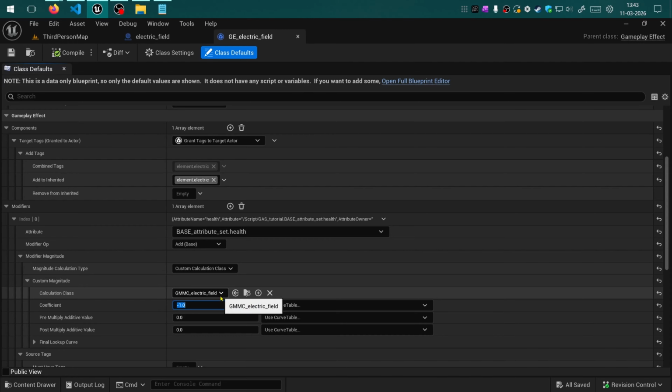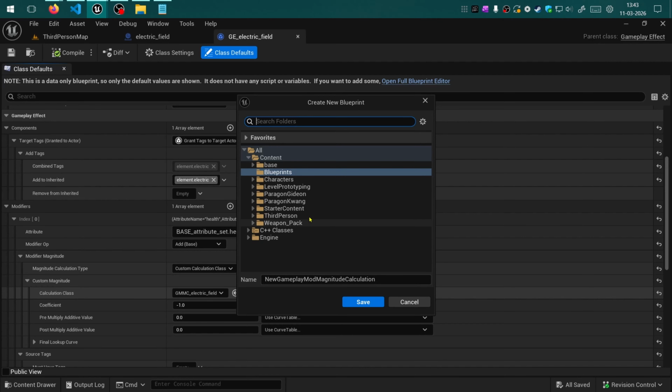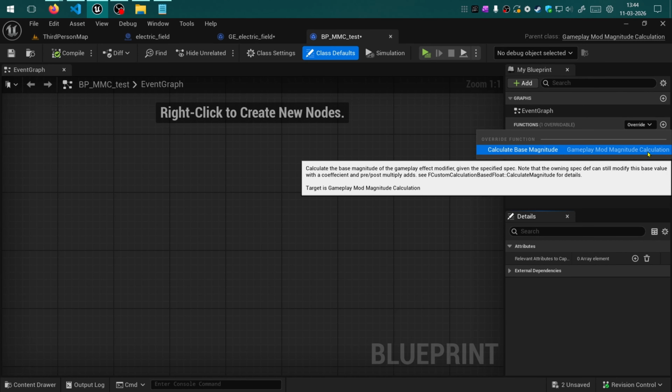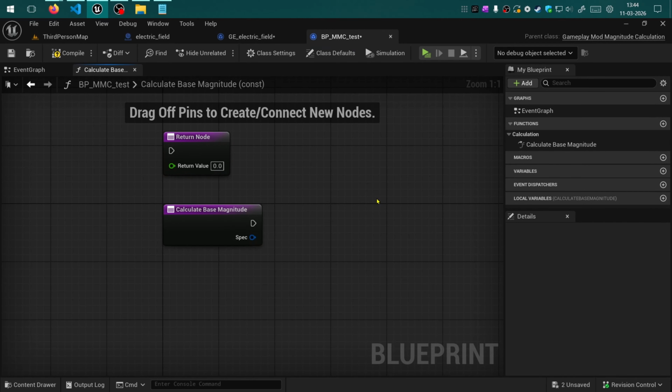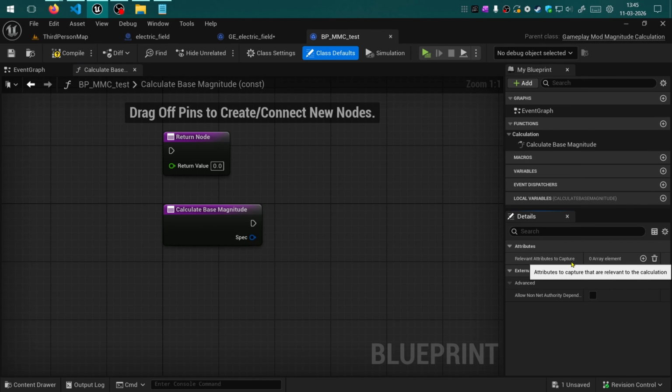Calculation classes, MMCs. So just for demonstration, I will quickly create an MMC in the base folder named BP test. You will notice in this MMC blueprint class, we have only one overridable function, calculate base magnitude, which is of this signature. Yes, for any incoming effect spec, in the end of our custom operation, we just want to return a single float value. Now this can be quite advanced, which we will implement in the next section of this